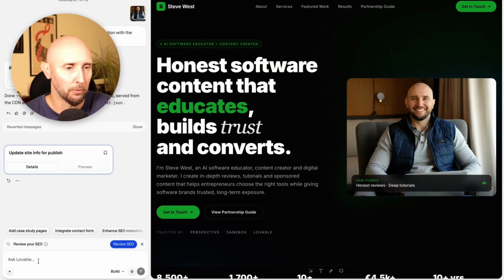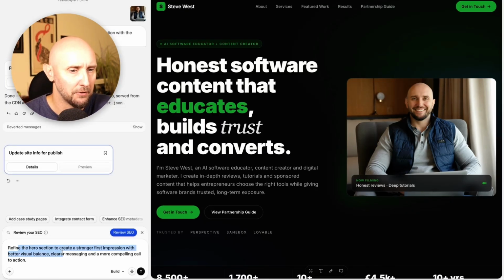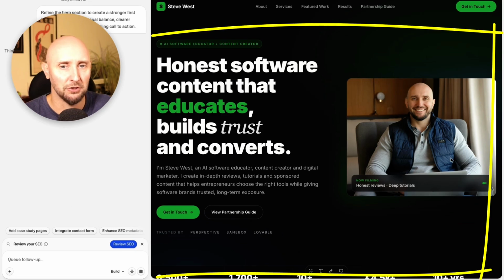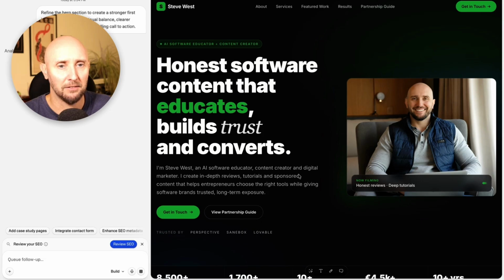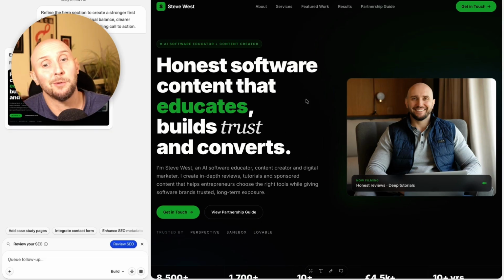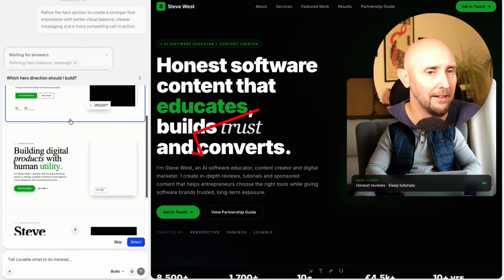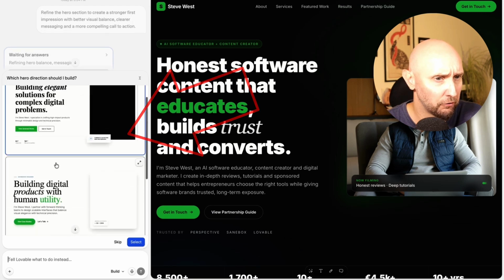Next, I'm going to ask Lovable to refine the hero section to create a stronger first impression with better visual balance, clearer messaging, and a more compelling call to action. Let's give this prompt to Lovable. And this is the hero section at the top here, anything you see above the fold. So Lovable should adjust anything that we see right here. And this is very important, of course, because it's the first thing that your visitors will see when they visit your portfolio website. So now Lovable's created 3 different hero sections for us to choose from, and it's asking us